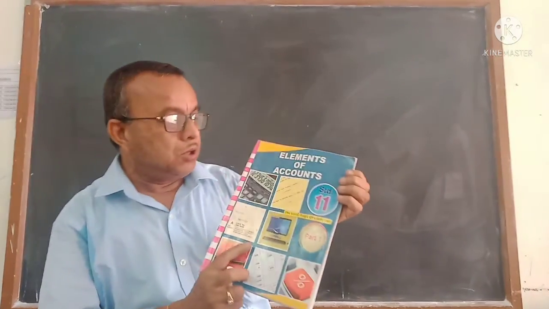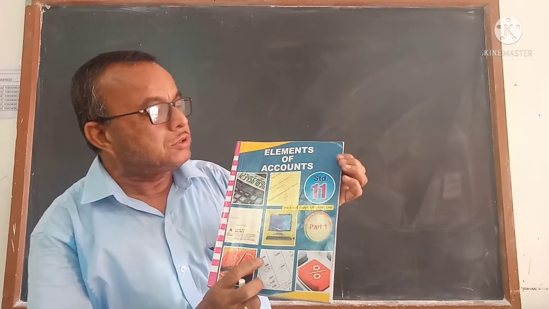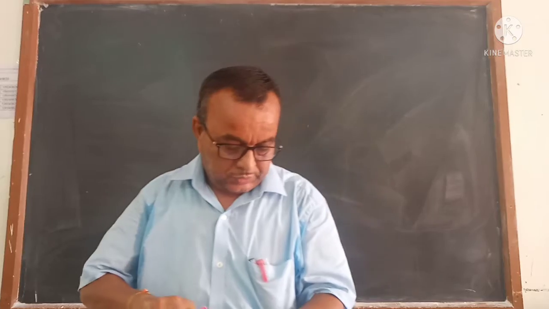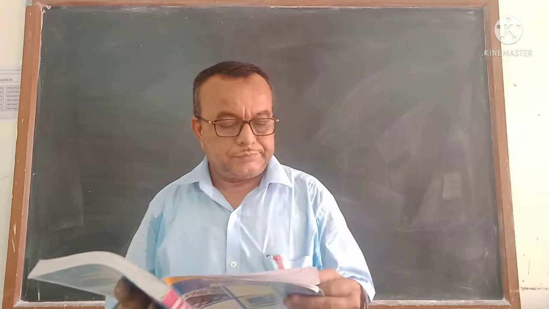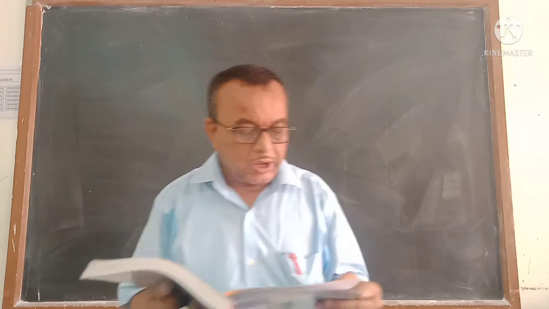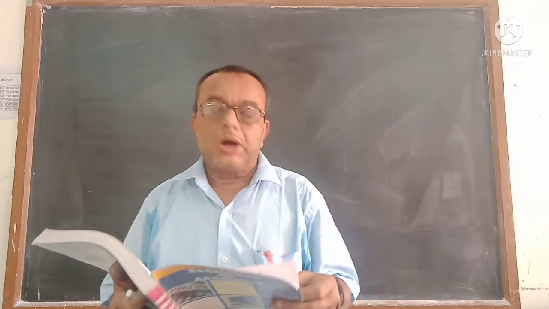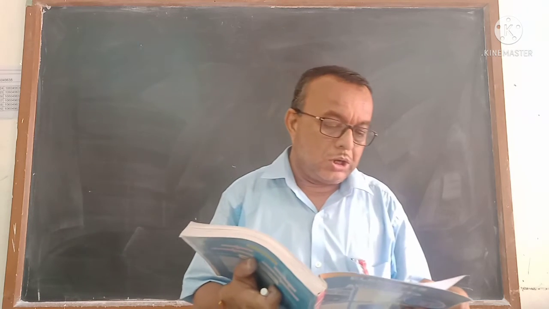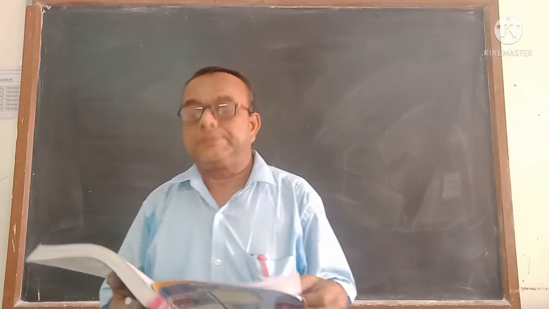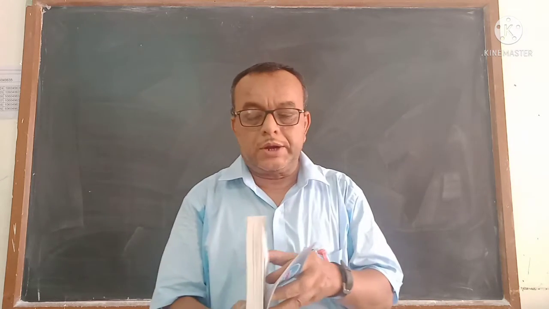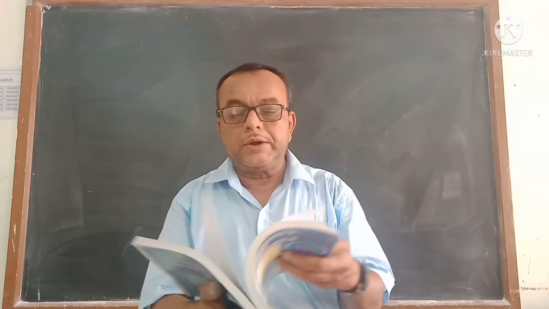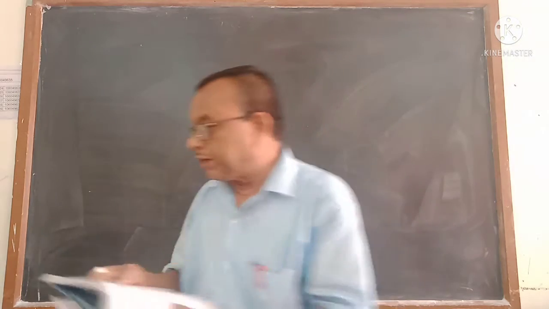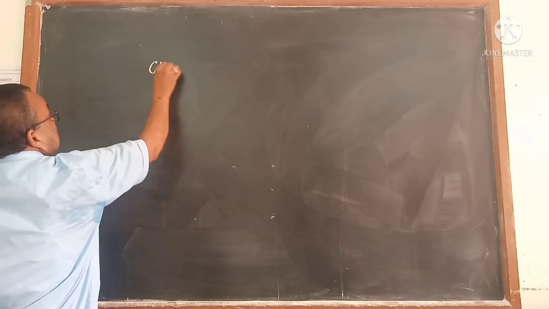Let us start our next video on the basis of elements of accounts, standard 11, part 1. In the last video I completed the 6th chapter, that is subsidiary books, and now in this video I will start the 7th chapter, which is called cash book and its types, which is given on page number 157. So at the same time, open page number 157 and follow what is called cash book and its types. Chapter 7,